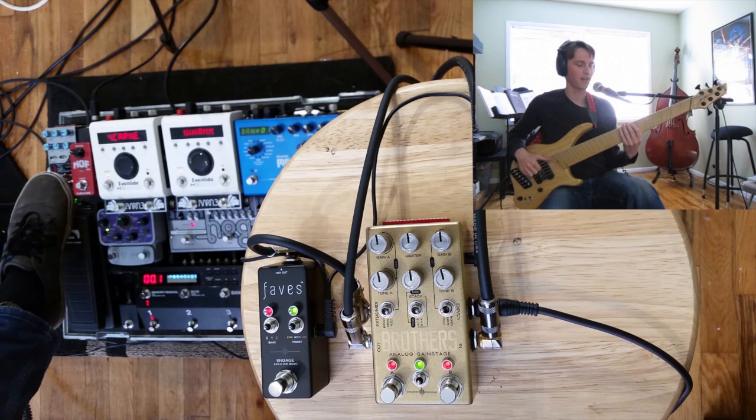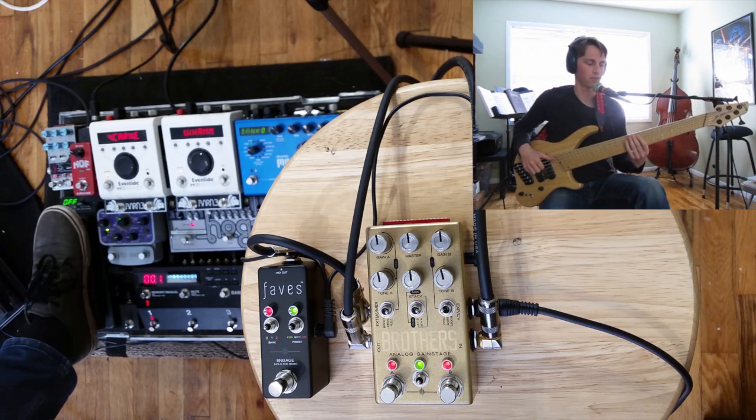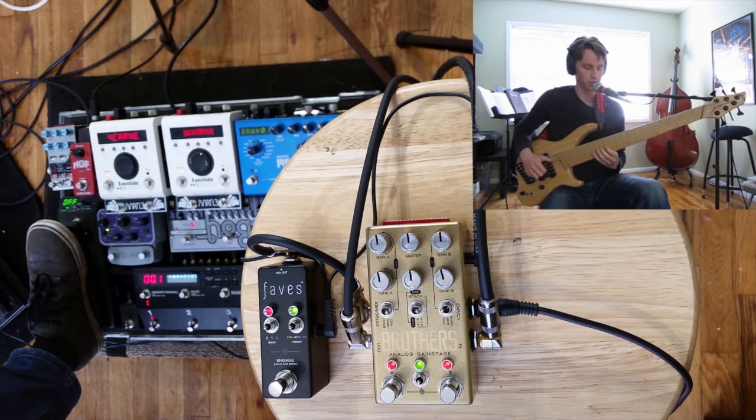Really cool effect if I have a bit of delay from the tonal recall, so kind of subtle, smooth. And whenever I want it,